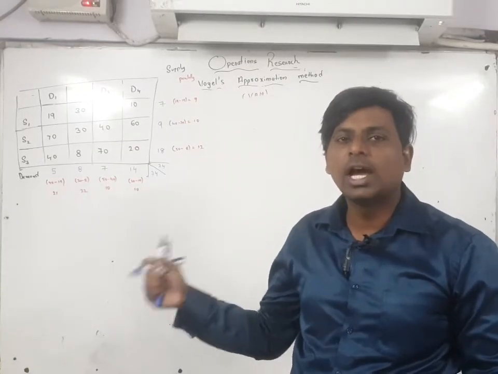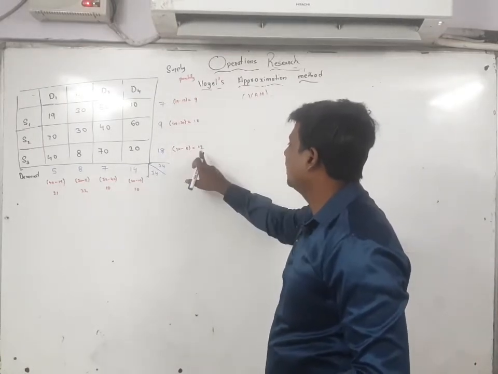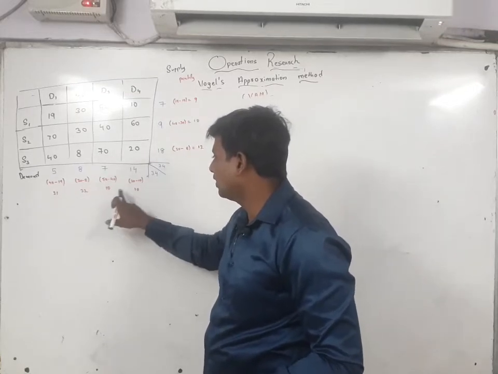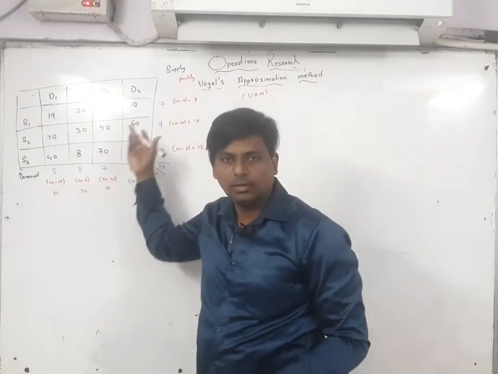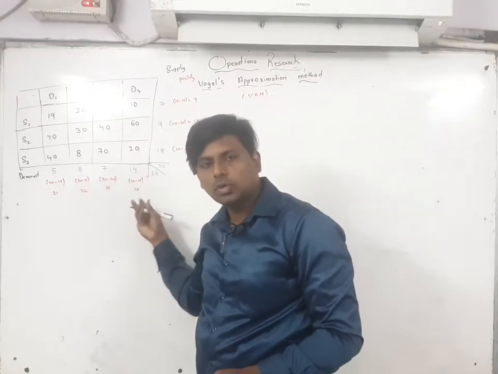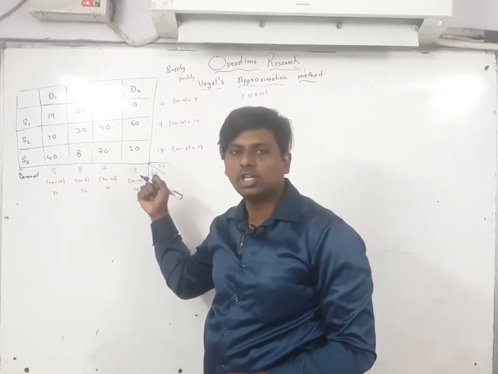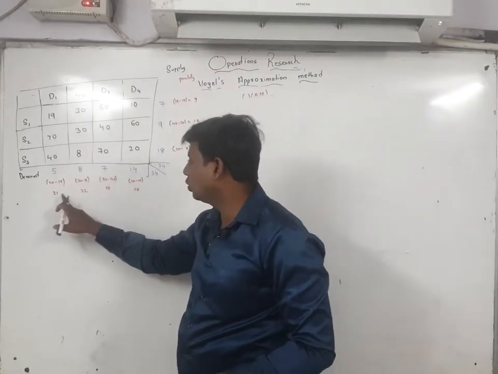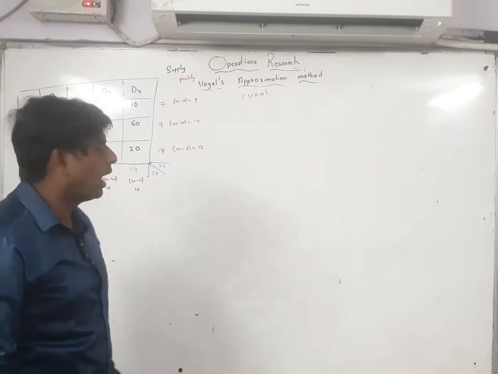Which one is having the highest penalty? As you can see, here 19 is there, 10 is there, 12 is there. Here 21 is there, 22 is there, 10 is there, and here also 10 is there in the row as well as in the column. If you consider the total row and the total column, which one is the highest penalty you have to select? You have to select the highest penalty. So 9, 10, 12, 10, 10, 20, 20. 22 is the highest penalty.